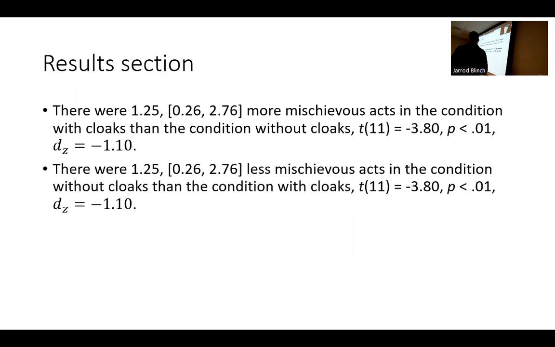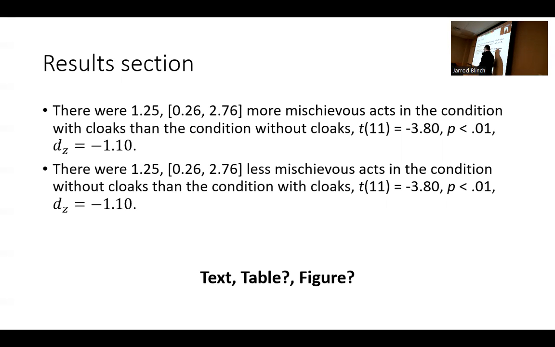So there are 1.25. Here, that's the mean difference. This is its 95% confidence interval. More mischievous acts in a condition with cloaks than a condition without cloaks. And then, comma, and then our statistical support. We have our t value with the degrees of freedom, our p value, everything rounded to 2 decimal places, and then our effect size, Cohen's d sub z. Or if we really want to emphasize that there are less mischievous acts without a cloak, we could write the sentence in the opposite order. And that if this is the most important finding in your results or in your manuscript,